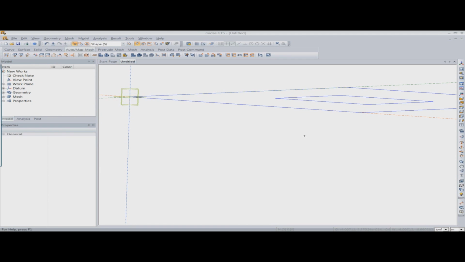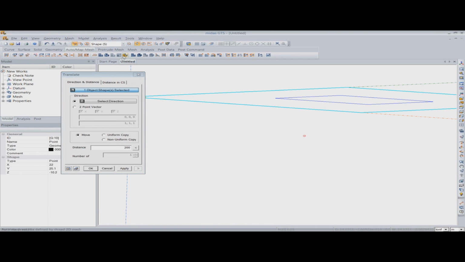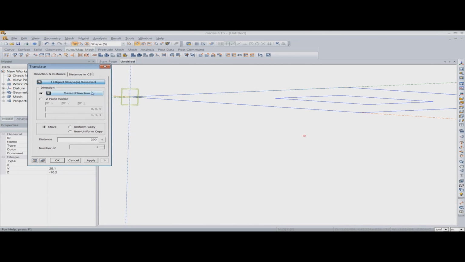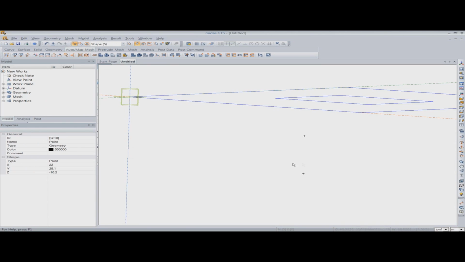I'll go to translate. I'll select the point which I want to translate. I'll select the direction in which I want to translate, and I want to translate it by 10.3 meters because the length of my pile is 10.3 meters. And you can see the preview how it would look like, and once I click OK, the line will be modeled.